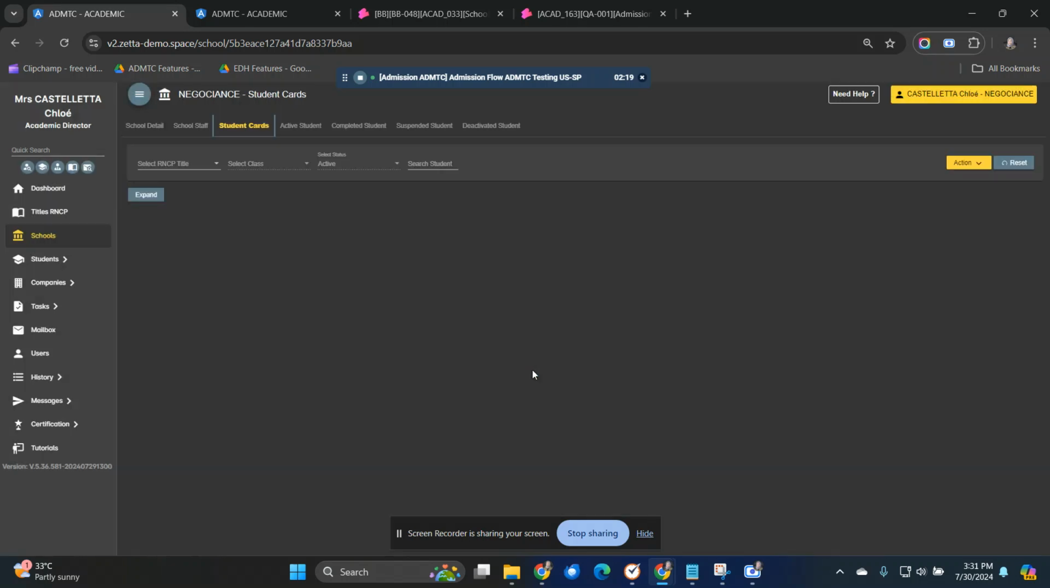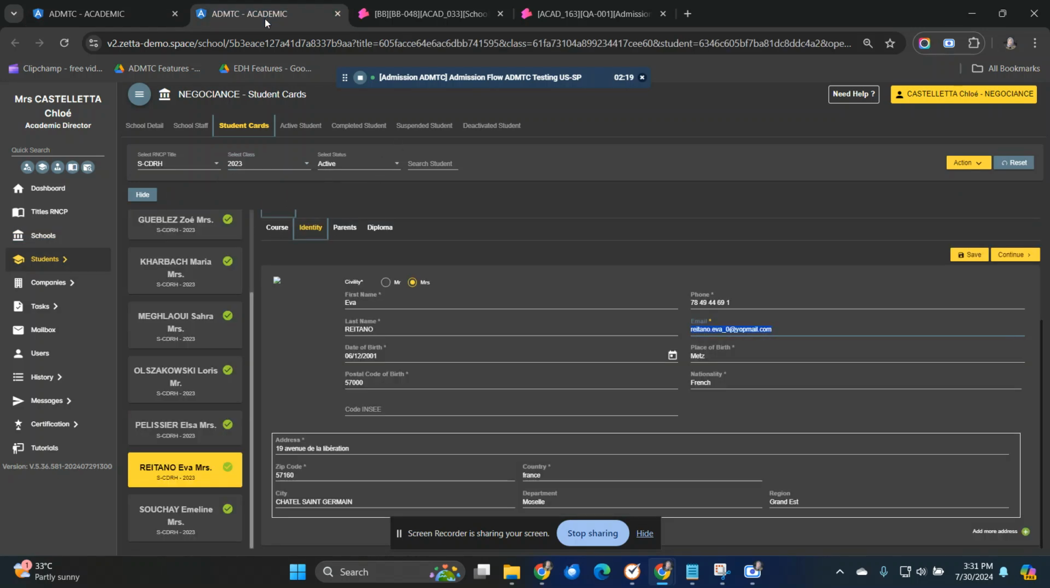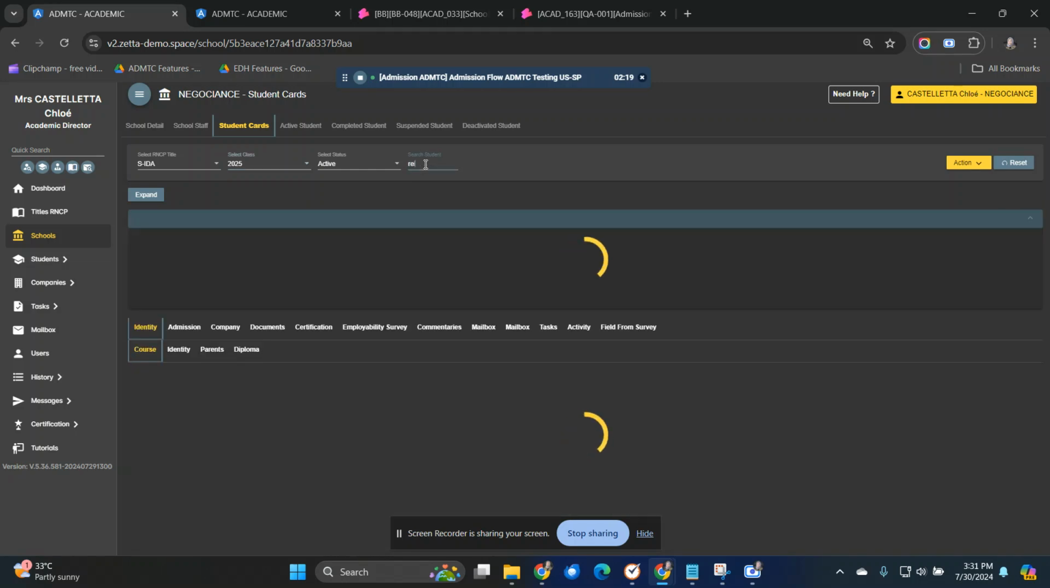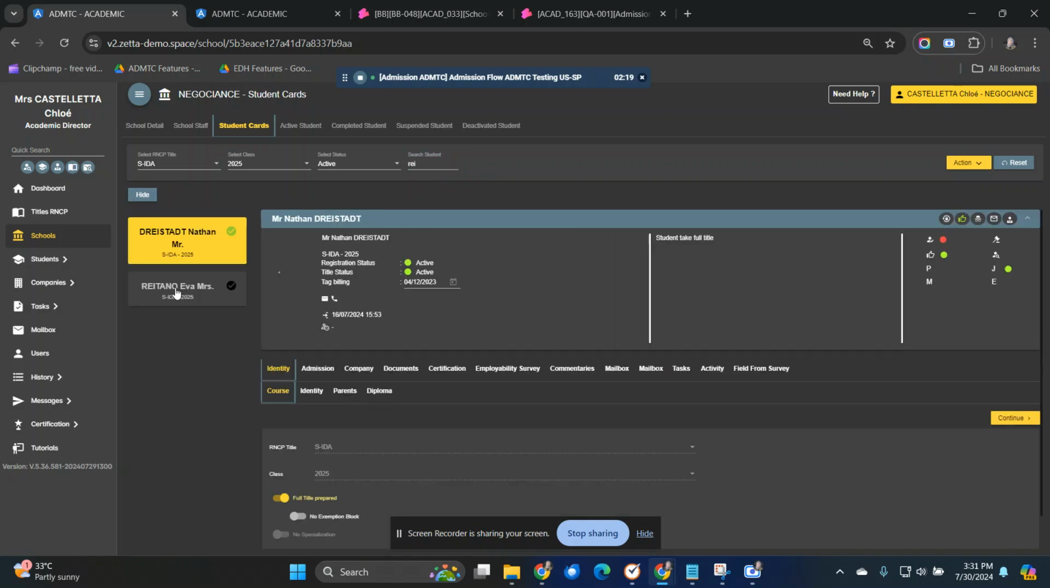bravo, okay. And I want to search the student that I have already created early, with the name Eva. Okay, Retano Eva, this Retano Eva. Now the Retano Eva in the SVIDA 2025 with the registration status is pending and the title status is admission